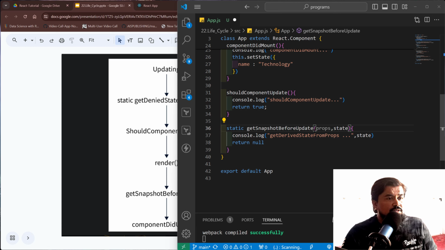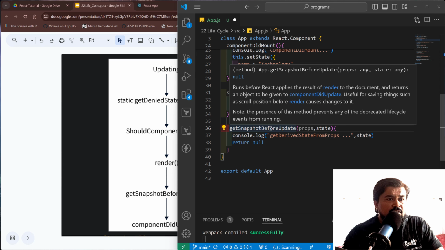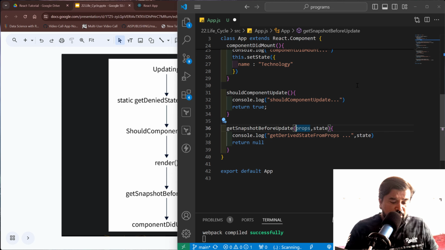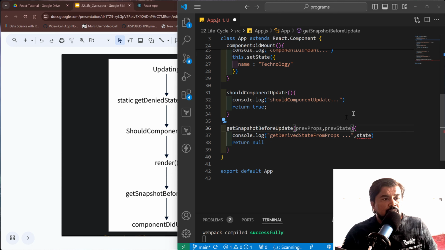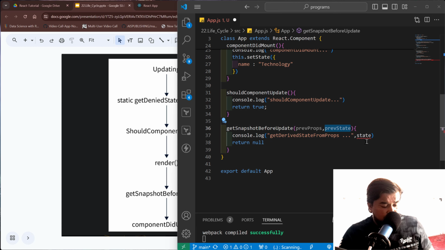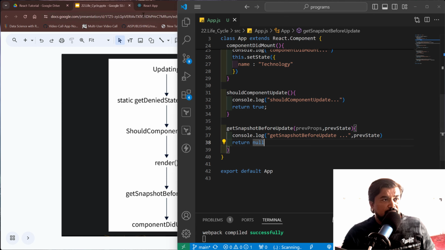This is also static. Let me check. I think it's working fine. In getSnapshotBeforeUpdate the props and state are the previous values, so prevProps, prevState. Let me add the prevState to this method. Fine, let me save it,